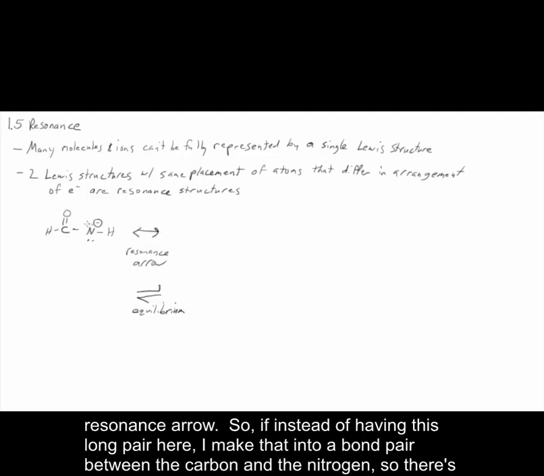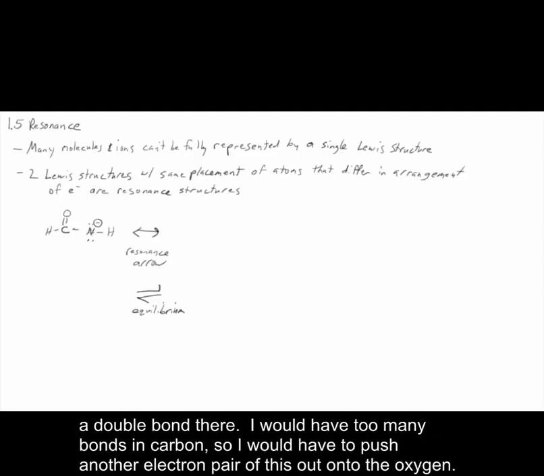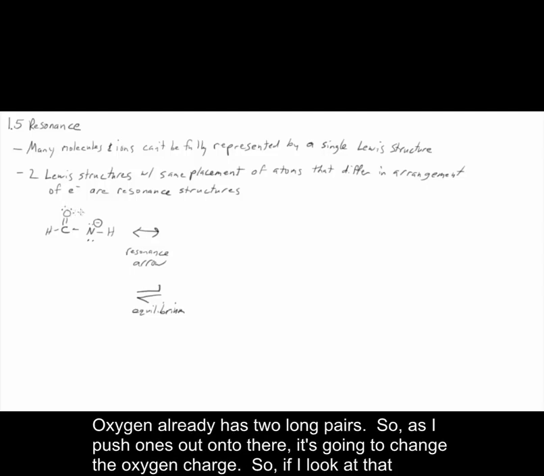So if instead of having this lone pair here, I make that into a bond pair between the carbon and the nitrogen, so there's a double bond there, I would have too many bonds to carbon, so I have to push another electron pair of this out onto the oxygen. Oxygen already has 2 lone pairs, so as I push ones out onto there, it's going to change the oxygen charge. So if I look at that structure,